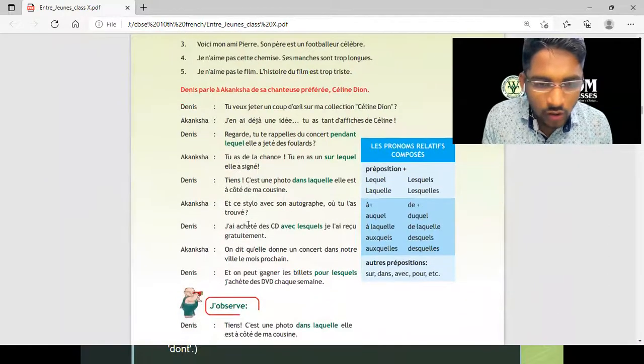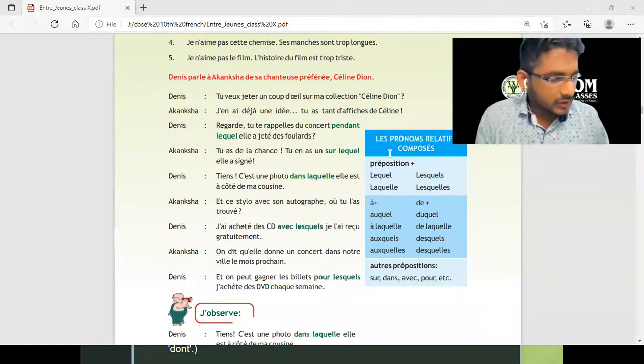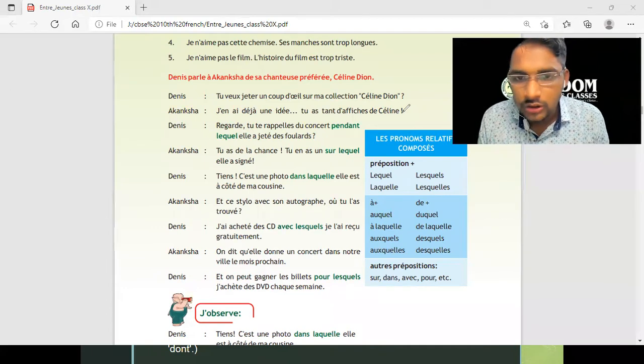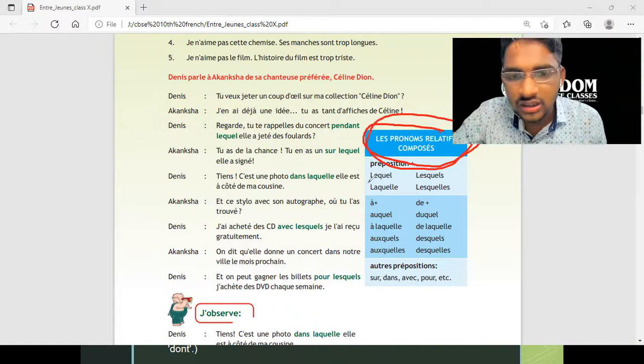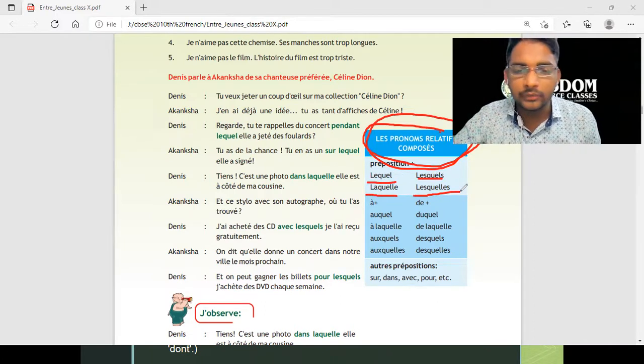देखो स्टूडेंट्स अब जो नेक्स्ट टॉपिक है, जो हम यूज करने वाले हैं, le pronom relatif composé. तो स्टूडेंट्स इसके अंदर क्या आएगा, lequel is for masculine singular, laquelle is for feminine singular, lesquels is for masculine plural and lesquelles is for feminine plural। आप लोग को लर्न कर देना है स्टूडेंट्स।